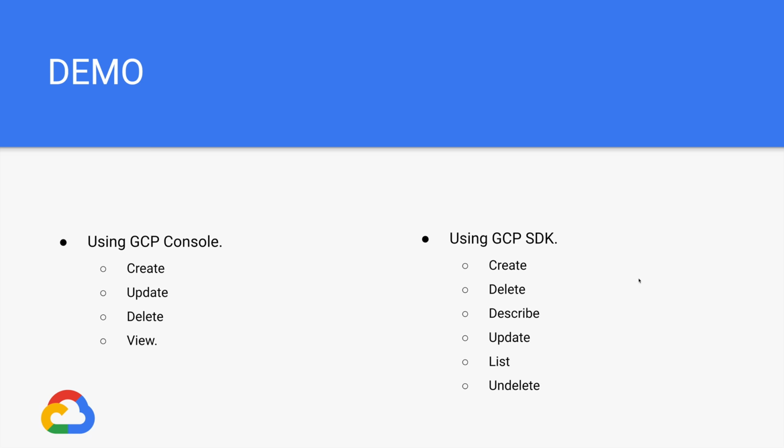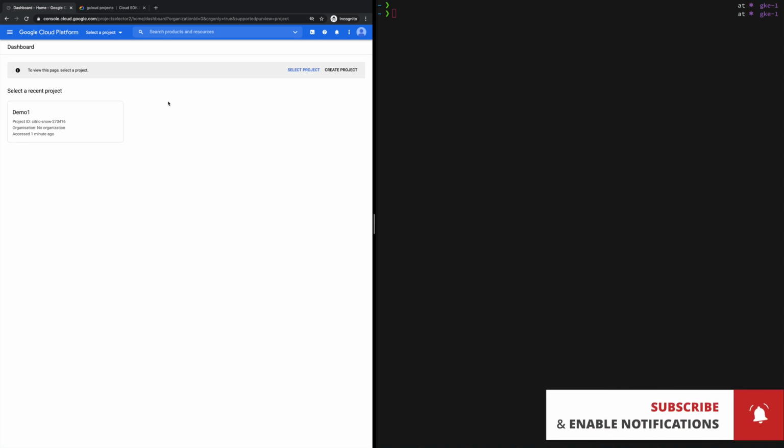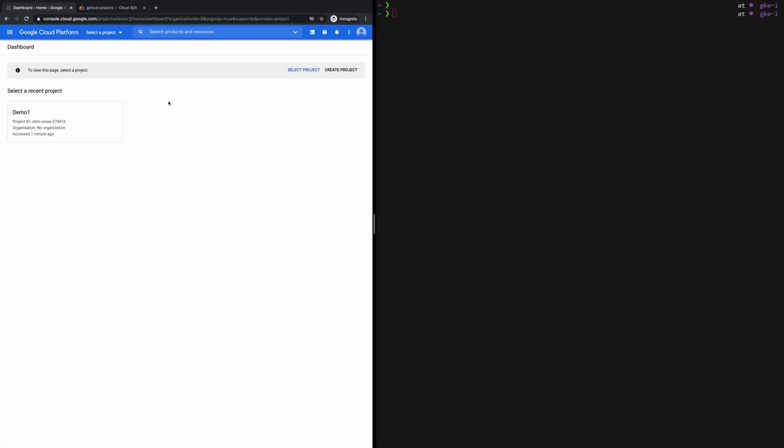You can use a Google Cloud Shell. I will show you how you can activate it and how you can use it. Alright, so I have logged into my GCP account. Now first, see how we can list out all the projects from our GCP console.